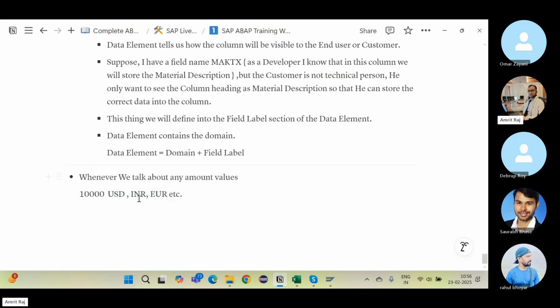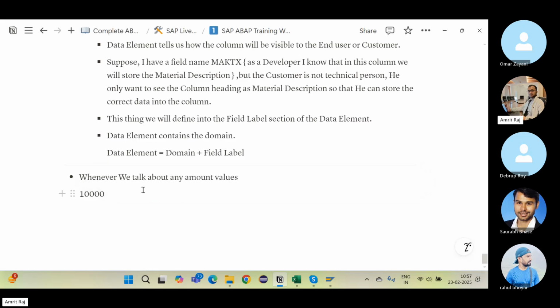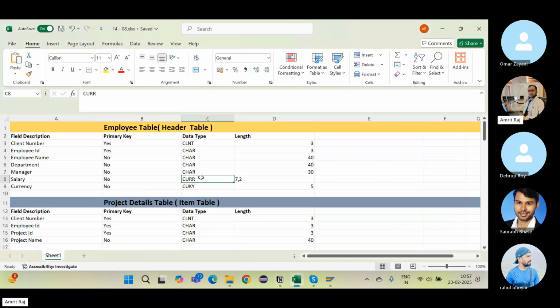So SAP's column is all about this also. If I only store 10,000, 50,000 or 20,000 there, SAP will not understand what currency you are talking about. That is why you will always see that if there is currency, then there will be a unit of that data also. So here you see, this is currency CURR, where we will actually store our amount values,